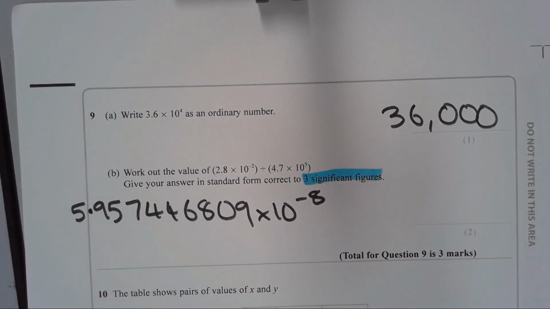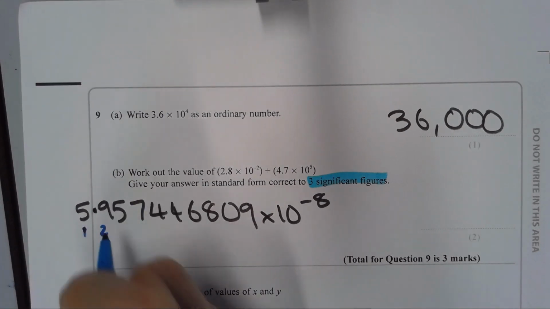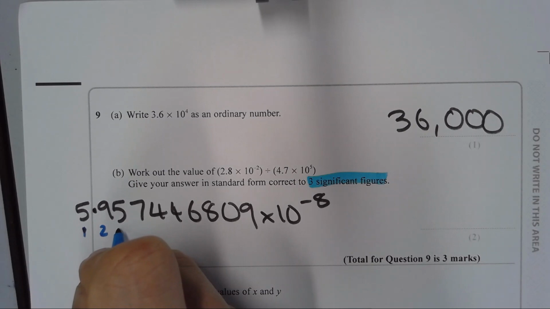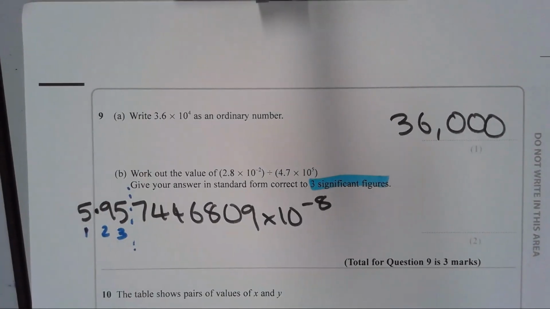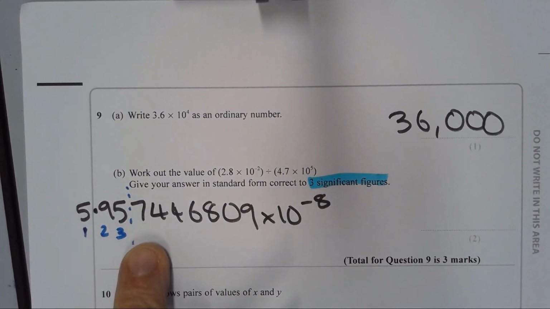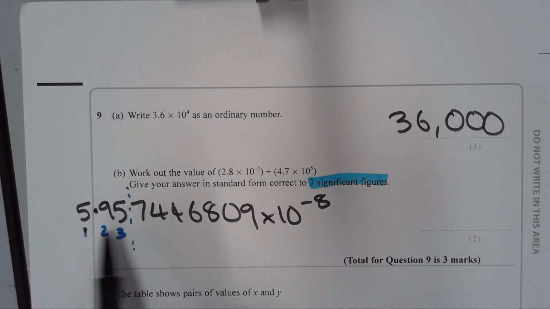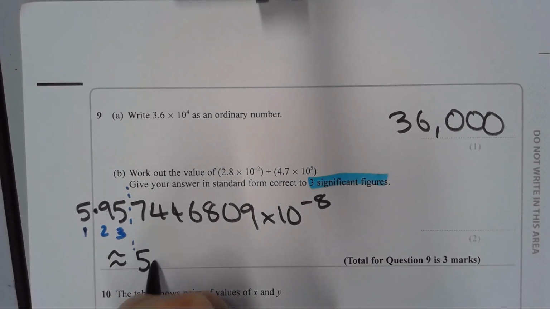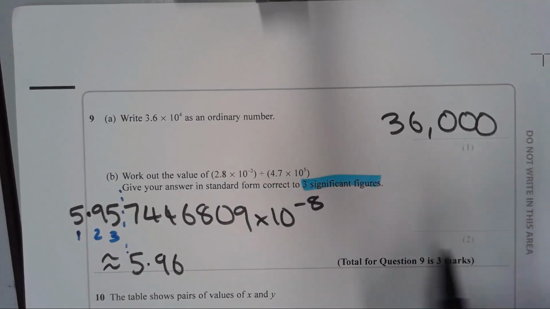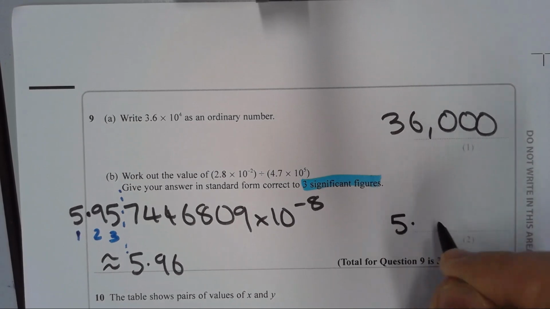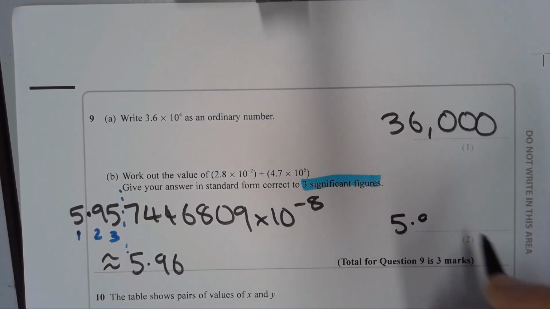First significant figure is the 5, the second significant figure is the 9, the third significant figure would be the 5, but we need to round that 5 to 6 because of the 7 that comes after it. This would round to 5.96, that decimal part of our standard form number, but we need to put that fully in standard form for our answer. So it's 5.96 times